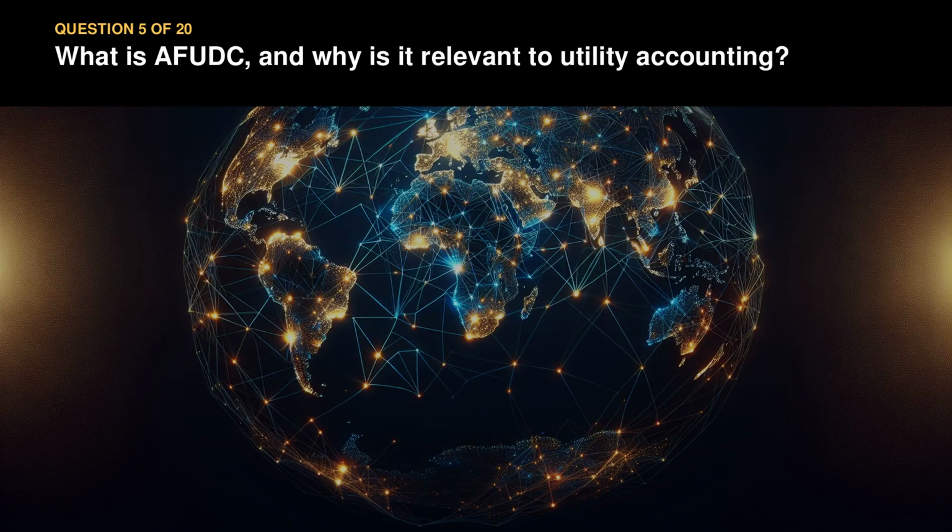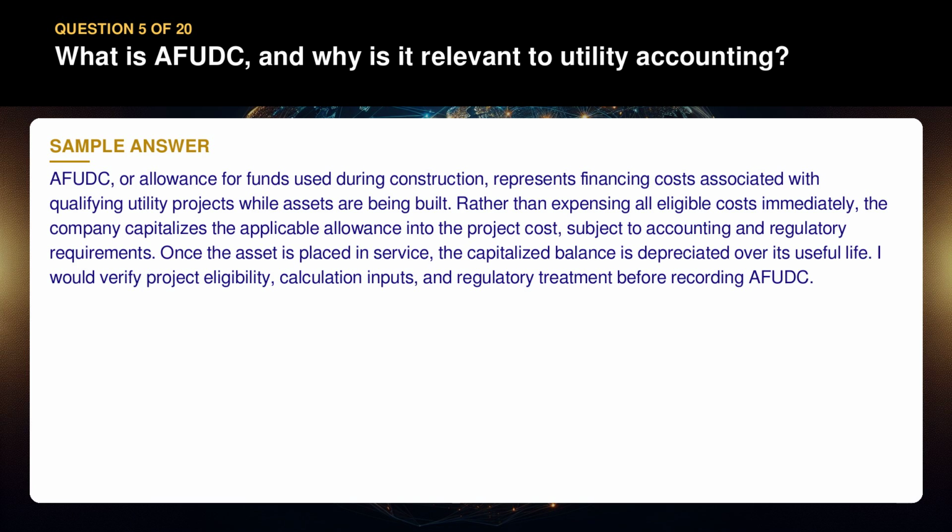Question 5. What is AFUDC, and why is it relevant to utility accounting? AFUDC, or Allowance for Funds Used During Construction, represents financing costs associated with qualifying utility projects while assets are being built. Rather than expensing all eligible costs immediately, the company capitalizes the applicable allowance into the project cost, subject to